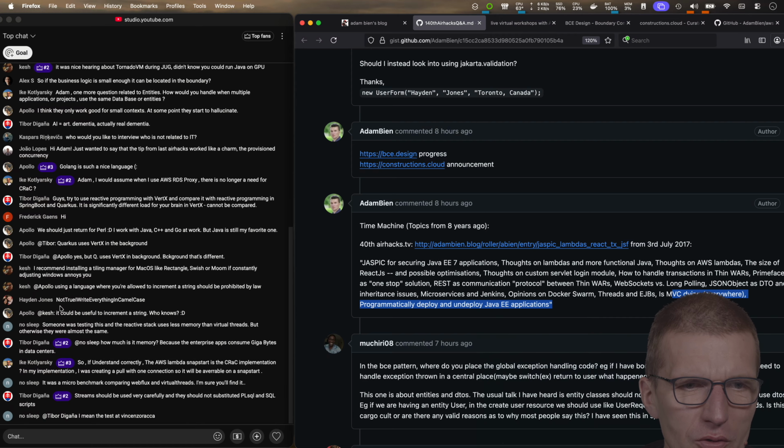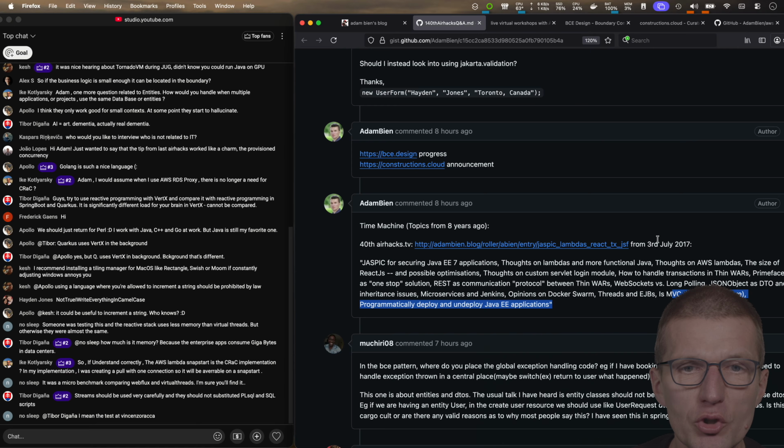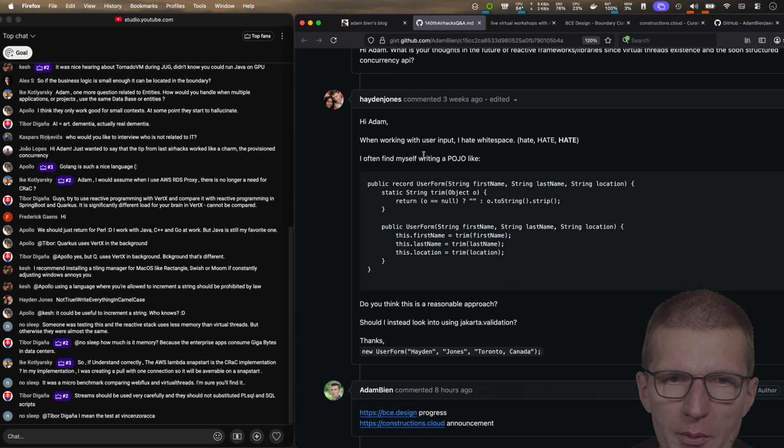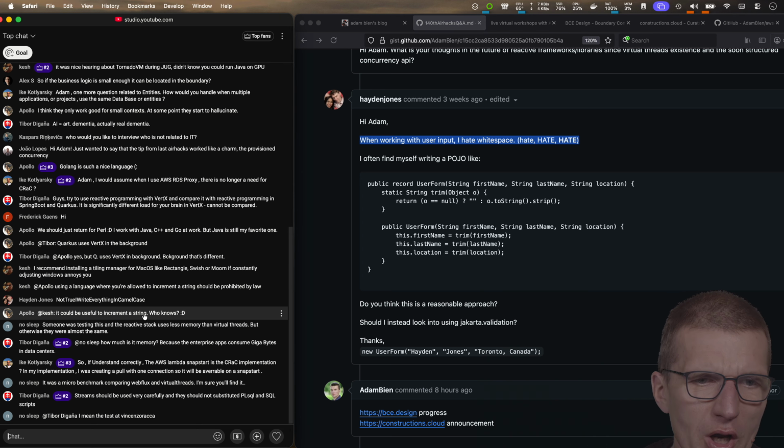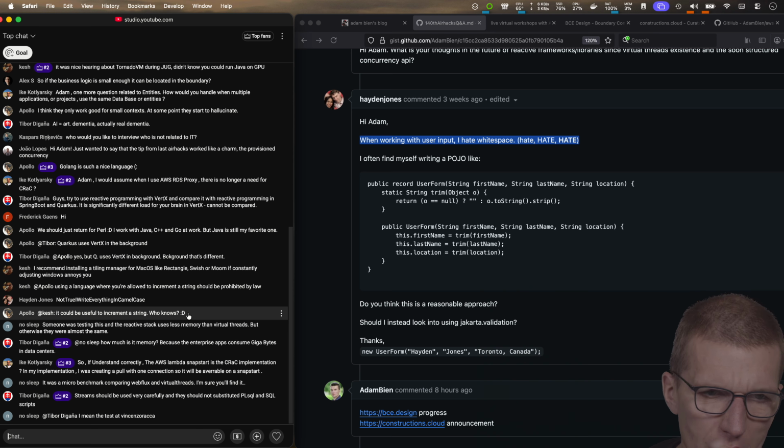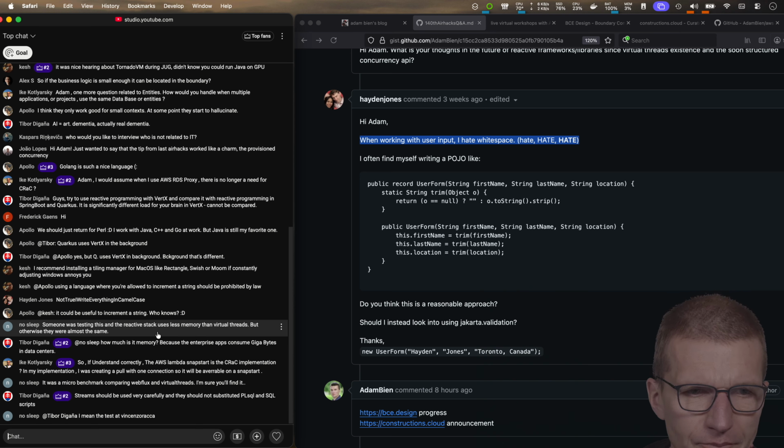Hayden says, not true with everything in camel case. Yeah, Hayden John, the next time you have to ask questions in camel case. No problem. We are Java developers, so we can absolutely do this. But I think Java is kebab case, right? It could be useful to increment a string, maybe, with JavaScript, right? So this should work. So, okay,